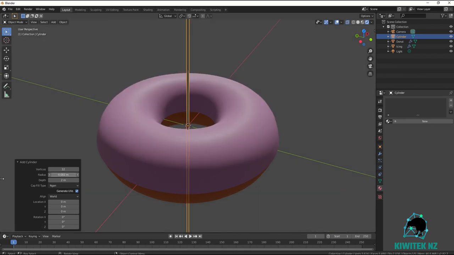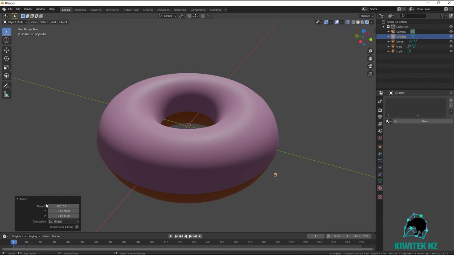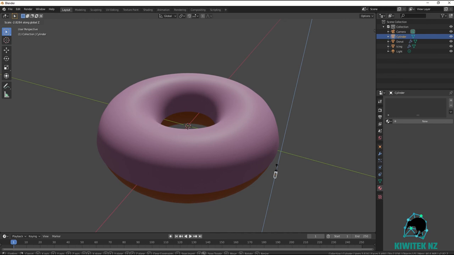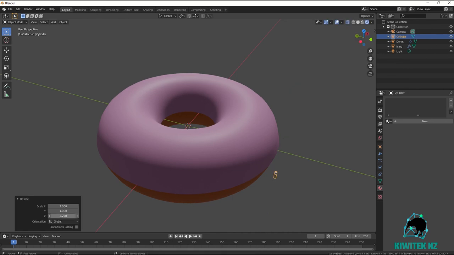So I'm going to reduce the size of that cylinder until it looks like a sprinkle. Make it 0.001, and yeah, that's too much. So 0.002. So scale it on the z-axis to make it a bit taller. Yeah, that's the sprinkle that I want, and I'll add a new material to the sprinkle